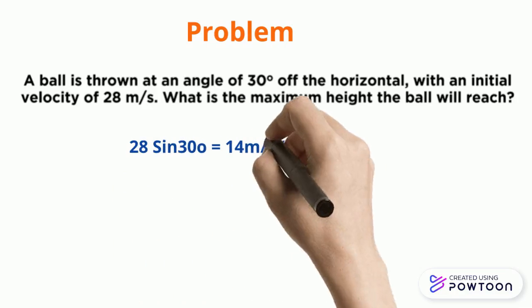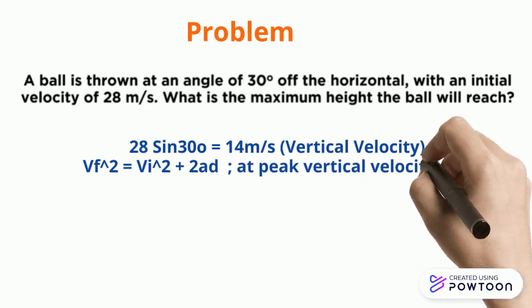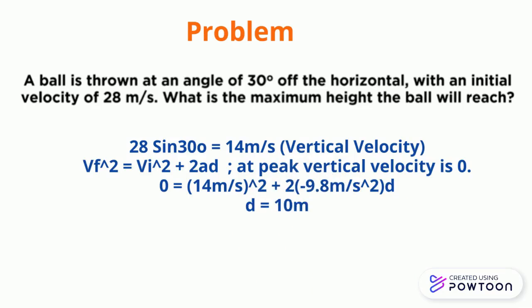At the end, we will discuss a real-life problem, like a ball is thrown at 30 degrees horizontal with a velocity of 28 meters per second. So we will solve it by the formula like 28 sine 30 degrees, and we will find the